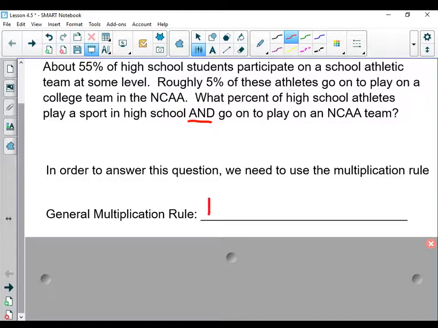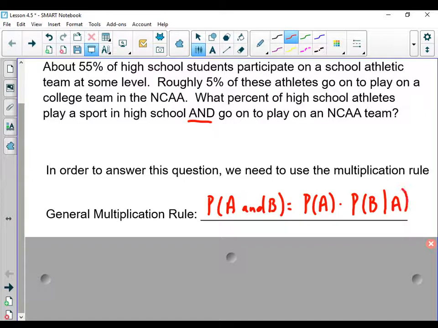If I want to find the probability of event A and event B happening, what I'm going to do is take the probability of event A happening and multiply that by the probability that event B happens, given that A has already happened. So for this situation here,